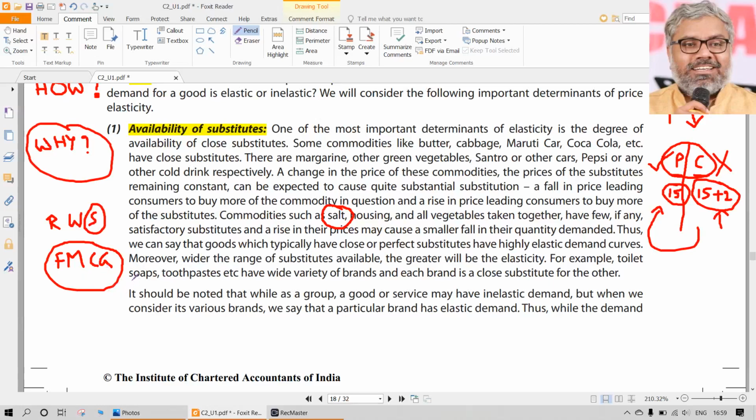A classic example can be taken from the Indian case. In India, FMCG products, of course there are many companies and we cannot just generalize, but mostly are between two companies. One is Procter and Gamble, which has been there since British times, and another company that was earlier called Hindustan Unilever. Now it is just called Unilever Limited, so let us just call it Unilever. Procter and Gamble and Unilever are the two biggest FMCG companies.